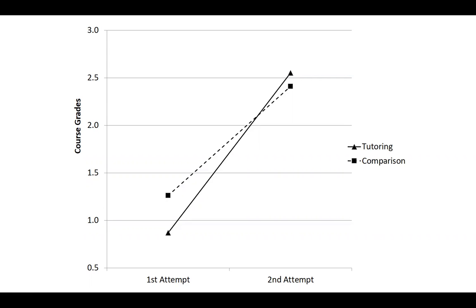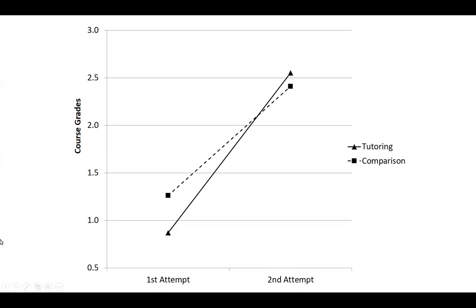And it may not look like a big difference, but the real telling thing here is that those two lines cross each other like an X. And what that means is that even though they both ended up in the 2.5, 2.3-ish area, those who got tutoring actually had started lower than those who didn't get tutoring, and then closed that gap and then exceeded that gap. And it's the closing of the gap and exceeding the gap that I want you to focus on.